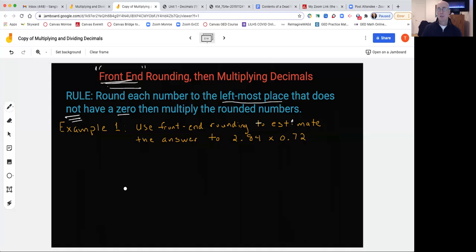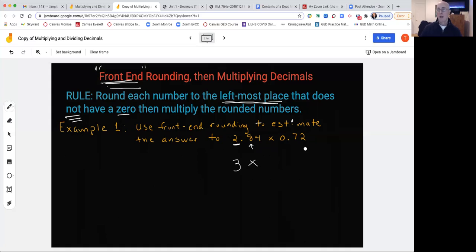All right, well, let's just take 2.84. Front end rounding means I'm rounding to the leftmost place that's not a 0. In 2.84, this is my number that is the most to the left. To round it, I look at the number to the right of it and ask myself, is this 8 a 5 or more? If it's 5 or more, then 2 would round up to 3. And it is, so I'm going to round this up to 3. Everything else is just kind of like zeros. So 2.84, if I front end round, it becomes 3 times